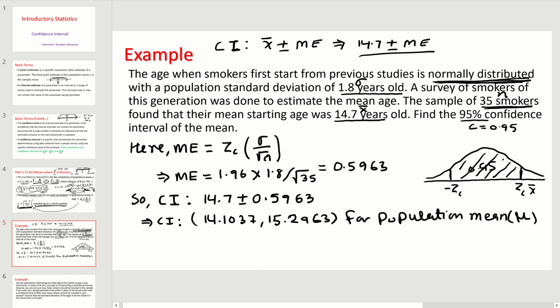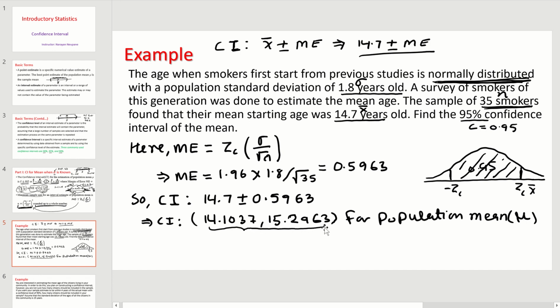We were asked to construct the 95% confidence interval. So the probability that the true mean of the population lies between these two values is 95%. Or you can say with 95% confidence, the population mean lies between 14.1037